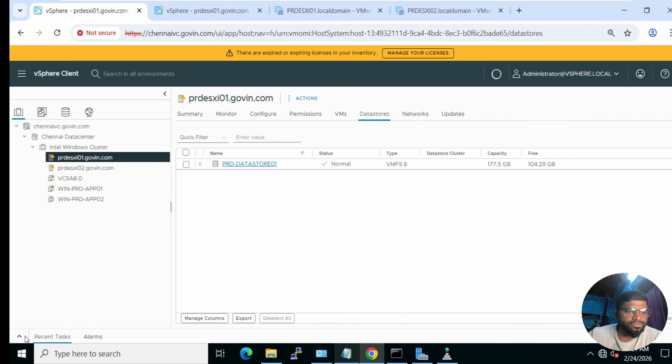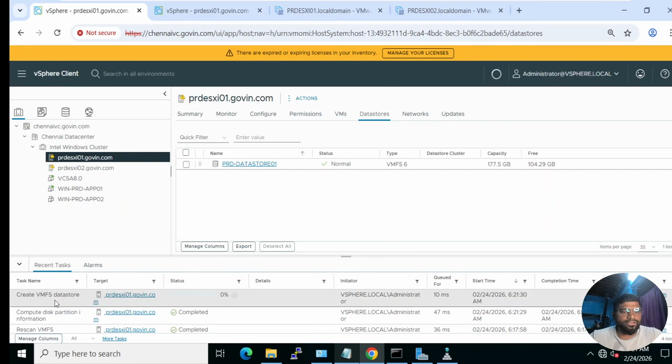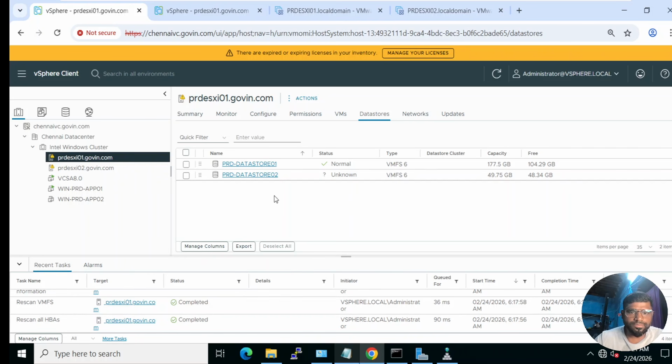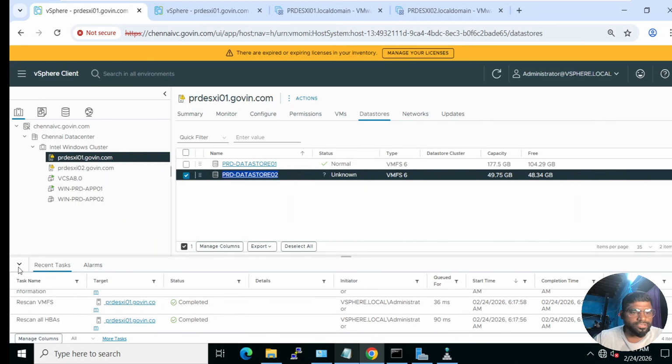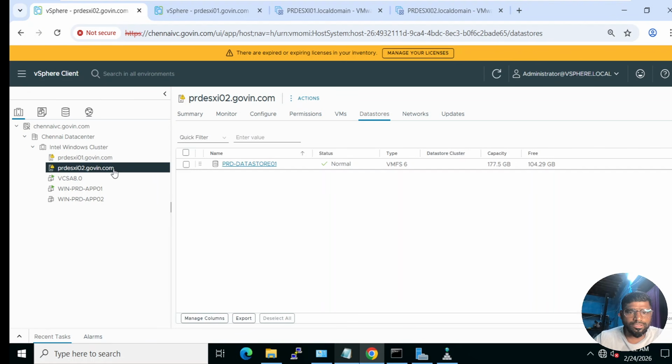So that's it, the data store. Now the data store will be created. Once the data store is created, we can see the data store on both ESXi hosts. So you can see now the data store is created, and we can keep the VMs on both data stores.